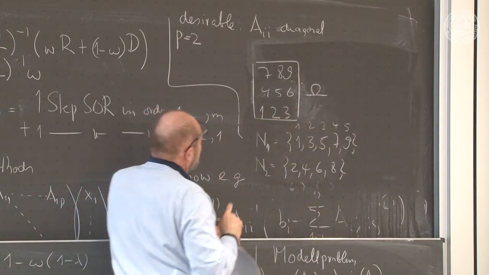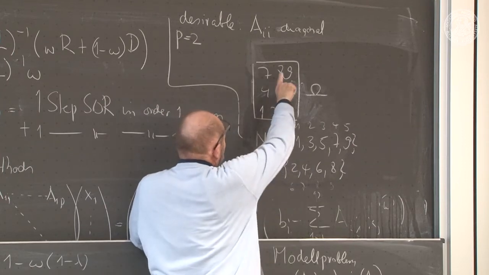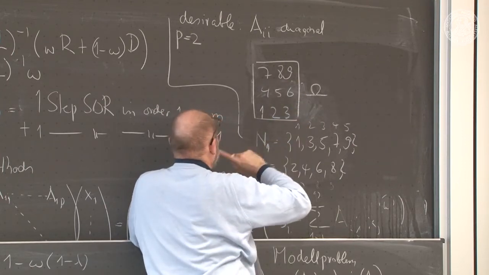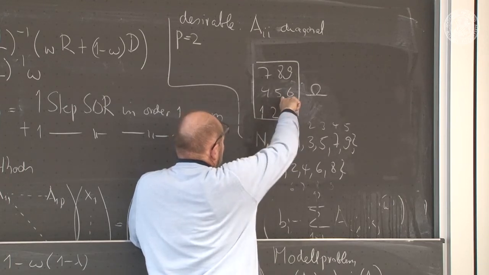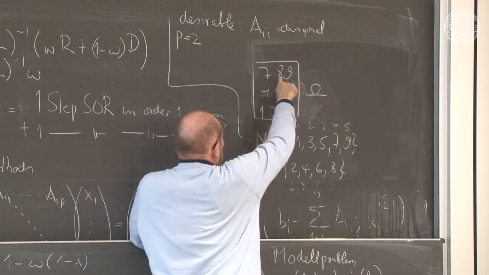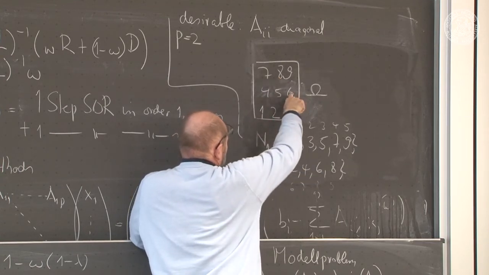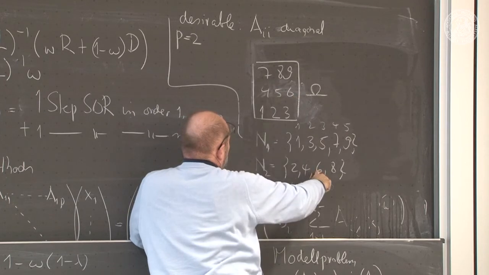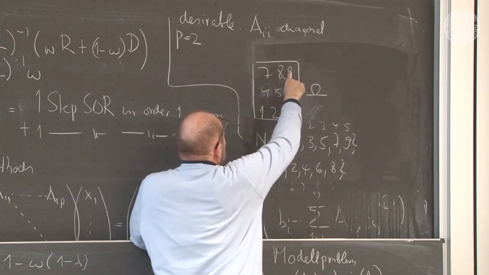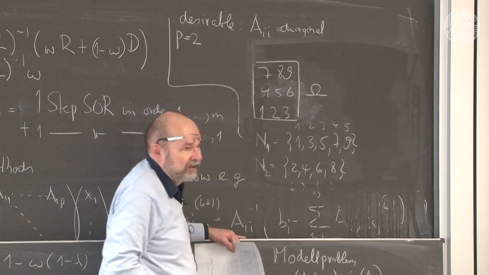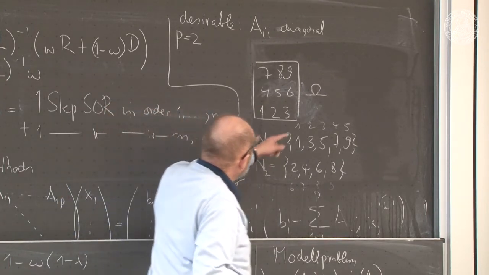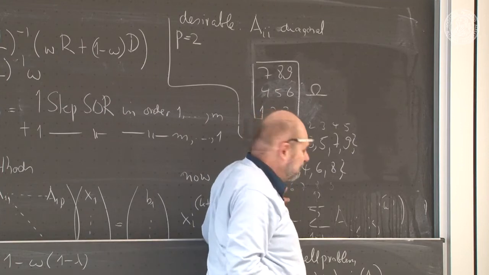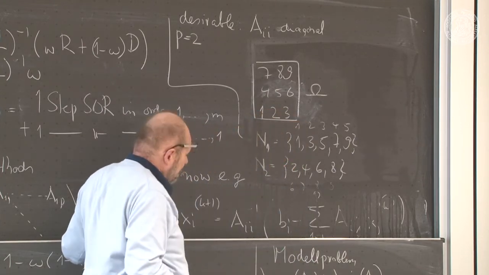So what does that mean? That means, according to our 5-point stencil, let's say I have a point in N1, let's say 5, that has the full set of neighbors. All its neighbors are in N2. Or for example, 6 from N2, all its neighbors are in N1. If I now take this new ordering, which I indicated here, that means that